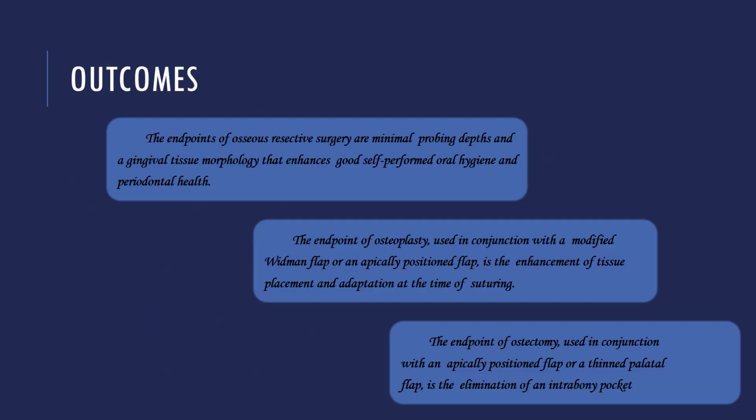So the outcomes: the endpoints of osseous resective surgery are minimal probing depths and a gingival tissue morphology that enhances good self-performed oral hygiene and periodontal health. The endpoint of osteoplasty used in conjunction with a modified Widman flap or an apically positioned flap is the enhancement of tissue placement and adaptation at the time of suturing. The endpoint of ostectomy used in conjunction with an apically displaced flap or a thinned periodontal flap is the elimination